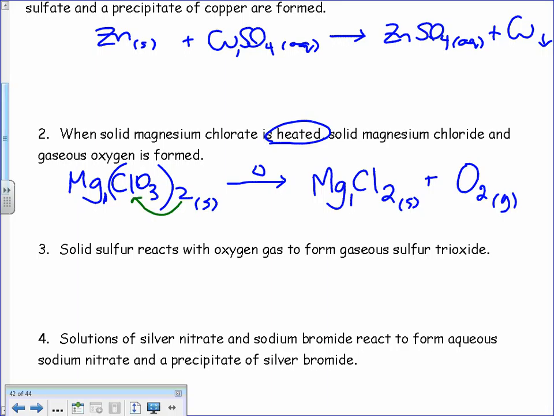So there are 2 chlorines. How many over here? 2. We're good. Oxygens? 6. So 2 times 3 is 6 oxygens. So what do I need to add here? A 3 coefficient, right. Don't forget, you're only adding coefficients once you've written out the full products or reactants and